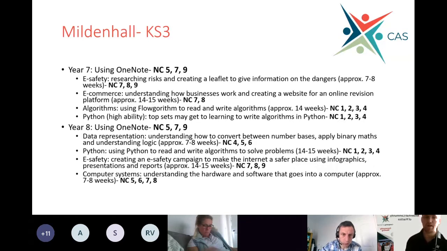We've designed it at the moment so that those that really fly through the algorithms, those that really start to get to grips with it,